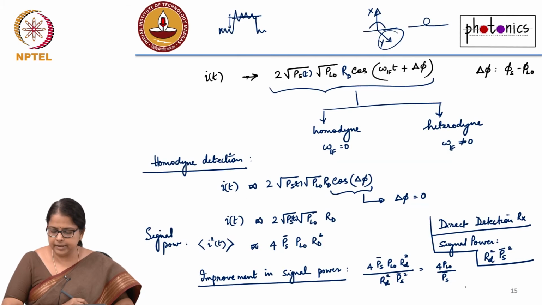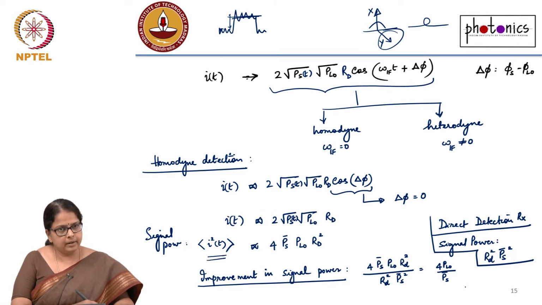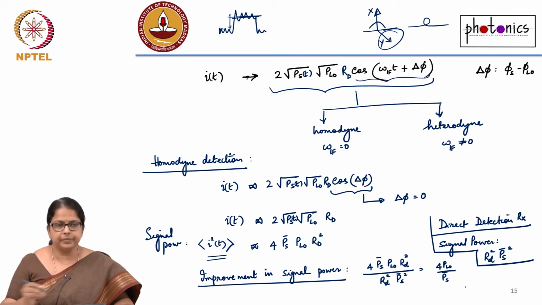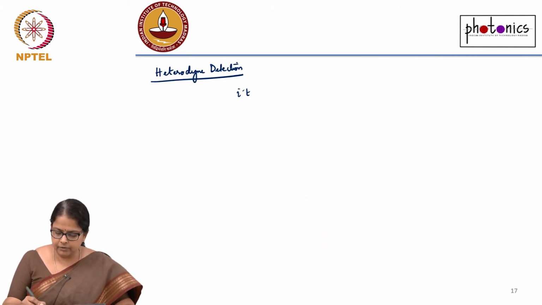Now, if we do the same thing for heterodyne detection, what is different? Everything is the same except that there is an omega IF. So, if I take the average current or average power, I have to average this, this, and this, and also cos of omega IF. So let us just write it first. Your I of t is equal to 2 root